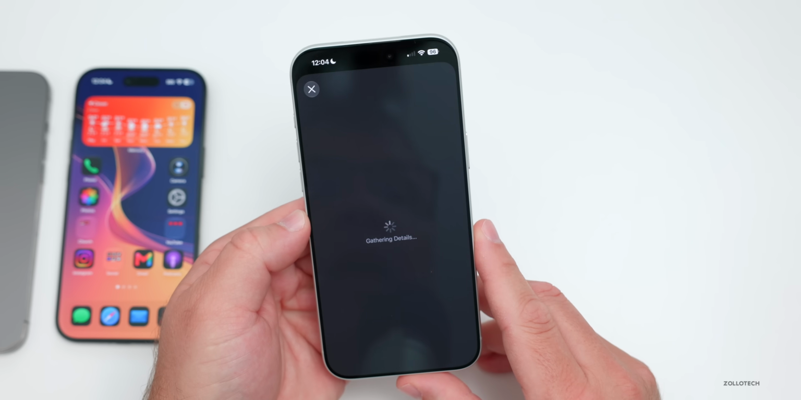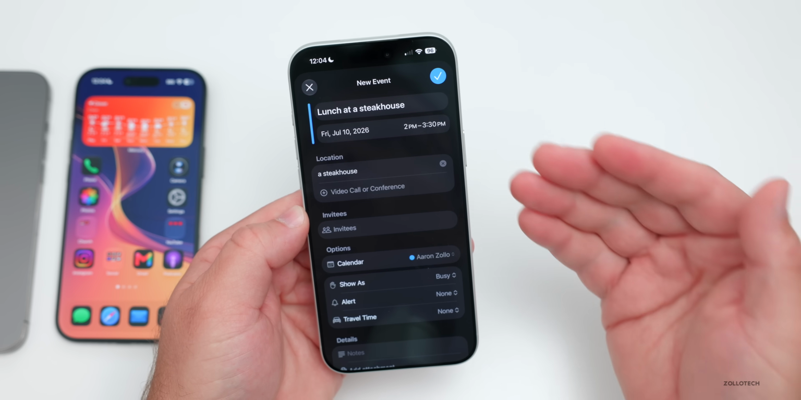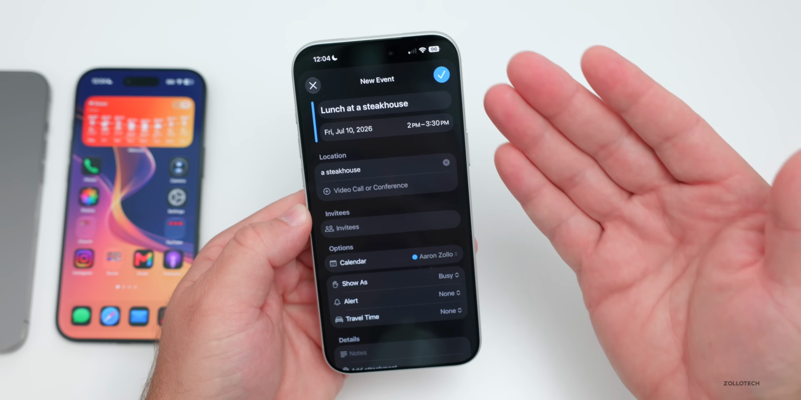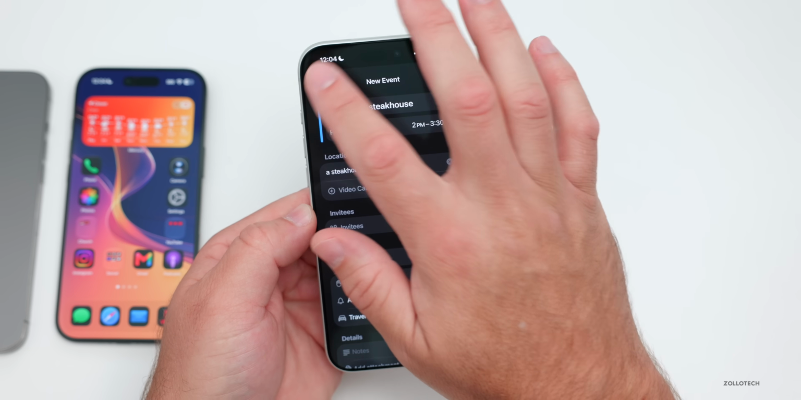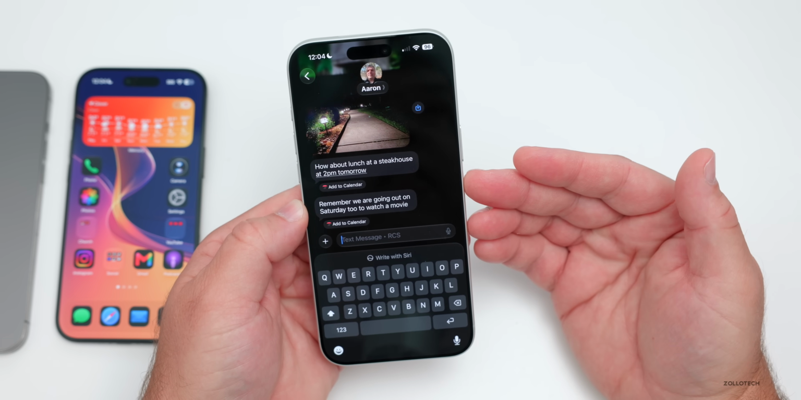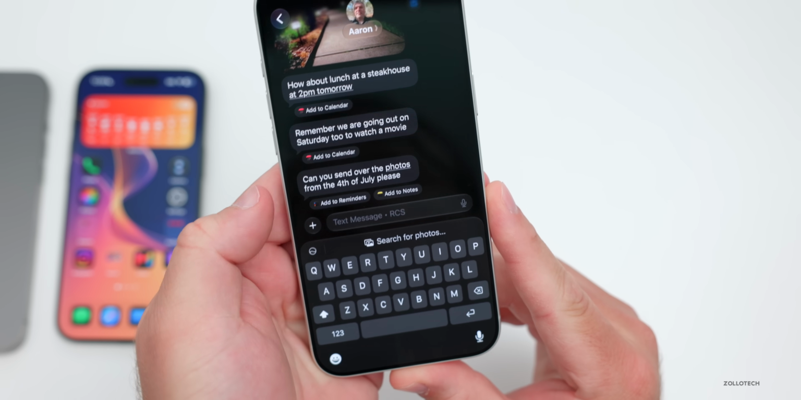It will then open up Calendar and understand that it would be tomorrow and the time frame, maybe 2 p.m. to 3:30 p.m., which could be an average time for a lunch to take. So it understands context and then gives suggestions based off of those. So it can actually suggest reminders or add to notes as well as the calendar. Also, you'll see I sent myself a message here, and again, it says add to reminders and add to notes,